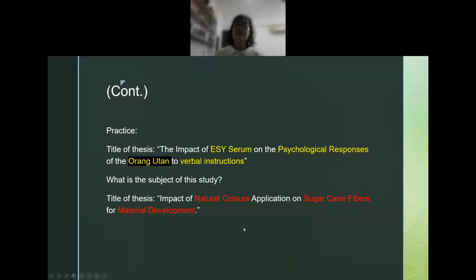The subject will be natural colors. And the specific subject is sugarcane fibers, the application of natural colors on the sugarcane fibers in material development. Okay?